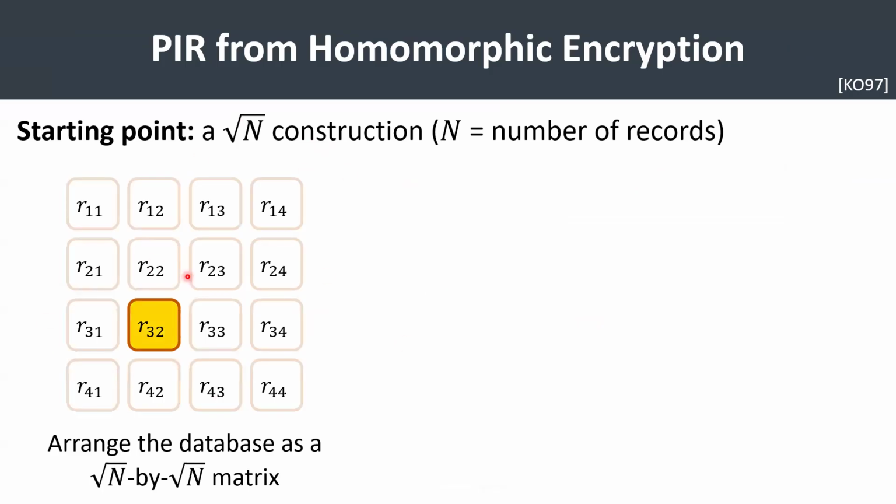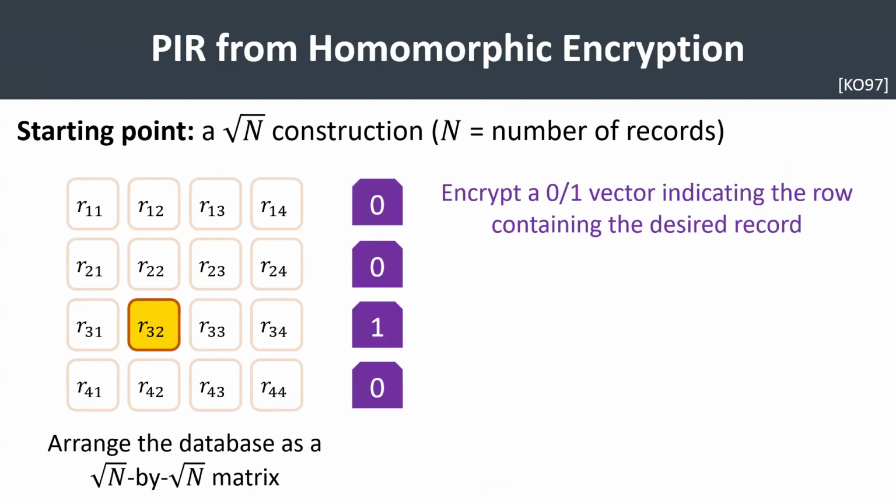And suppose I'm interested in one particular record in this database. I'm interested in the record in row 3, column 2. So the way the protocol works is as follows. I'm going to start by encrypting an indicator vector, indicating which row my record lives in. In this particular case, my record lives in row 3. So I'm going to encrypt a 1 in row 3, and I'm going to encrypt a 0 in all of the other rows. So I want to indicate which row I'm interested in, and I'm just going to encrypt an